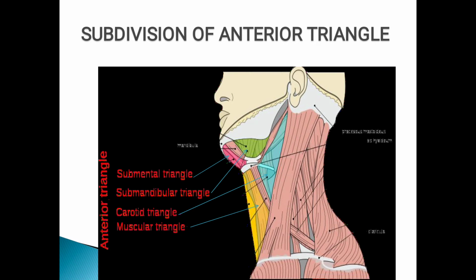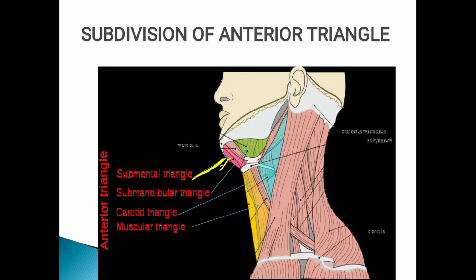Again here in this picture you can appreciate the subdivisions of the anterior triangle very clearly. This is the submental triangle which I am marking with the yellow triangle. This arrow is indicating towards the submental triangle. Okay, then